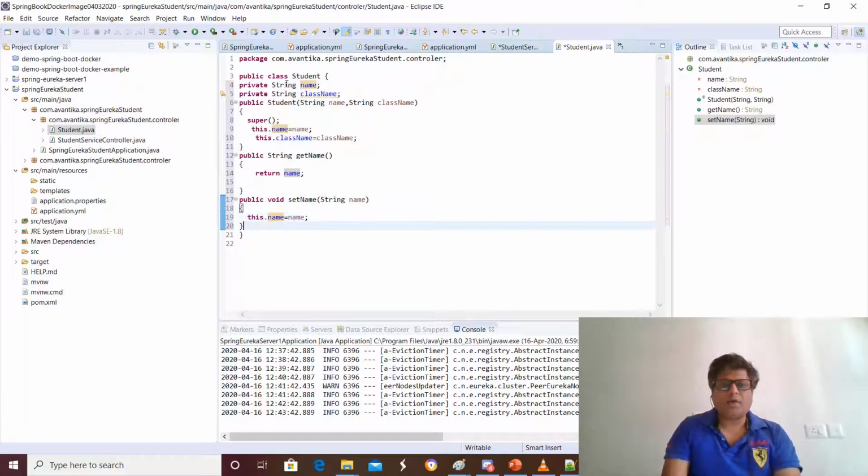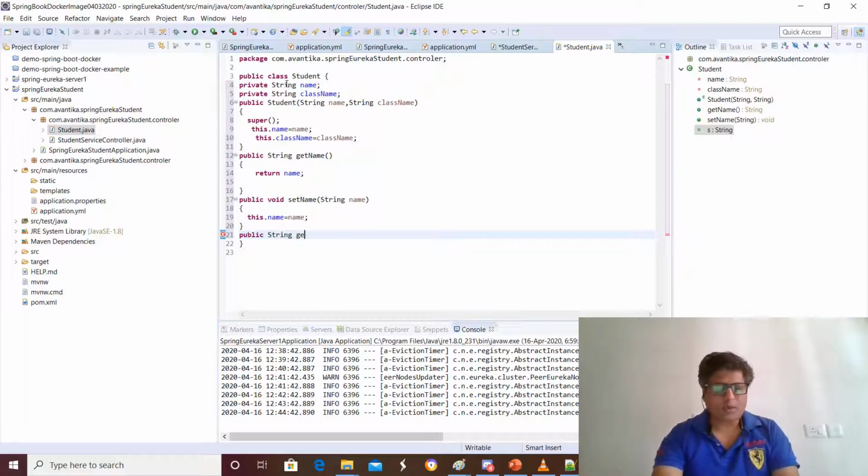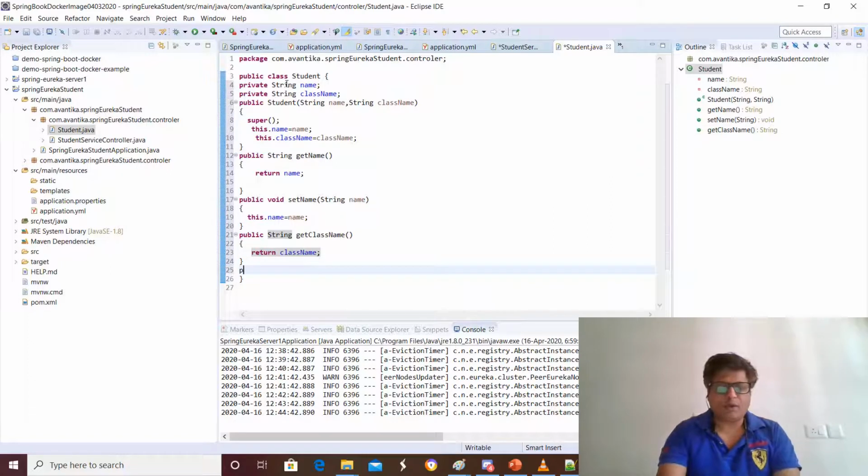And after having this, similarly with the class name, public String getClassName. So here we will be returning className. So return className, and after returning that, we will have